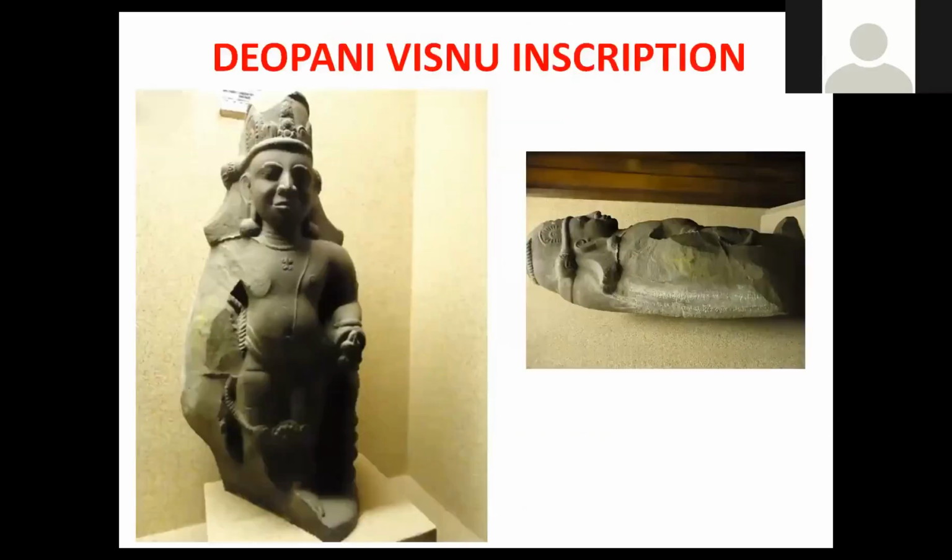Now, this is in a place in Upper Assam called Deopani. So this is the inscription of Vishnu here. This is the image of Vishnu. You can see the local physical features. And this you can find is the inscription here. And this is from Deopani, and it gives a vivid description of Hara Shiva. So this is the Vishnu image, but we find that